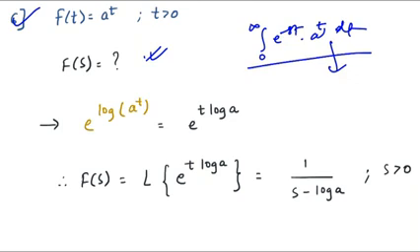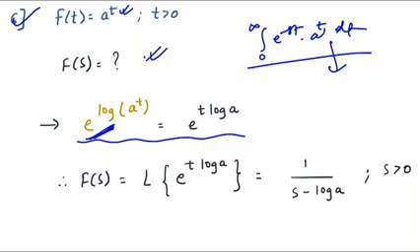But what if I say I can do some manipulation and get the answer in seconds? Now that is interesting, right? So if you have a raised to t, whenever the variable is in the power, like you have a constant raised to the variable, in that case you have to use the exponential and the log logic.